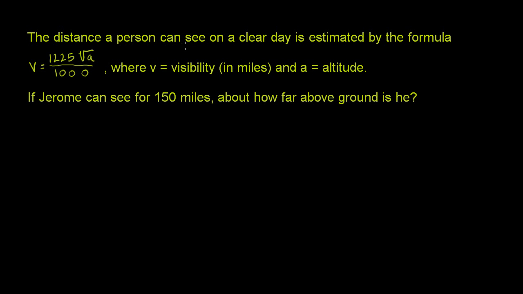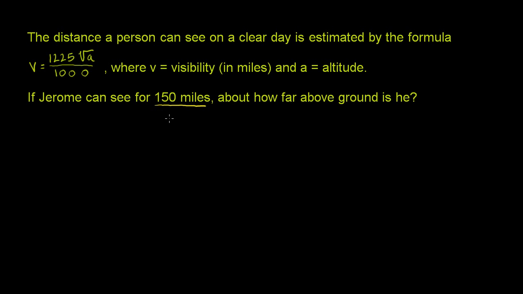The distance a person can see on a clear day is estimated by the formula v is equal to 1,225 times the square root of a, all of that over 1,000, where v is visibility in miles, and a is equal to altitude. Fair enough. Now they say if Jerome can see for 150 miles,